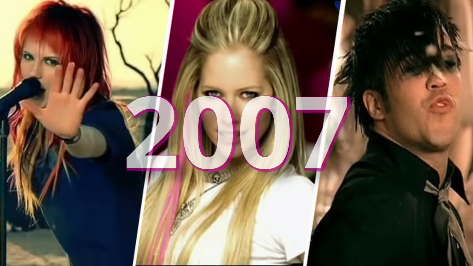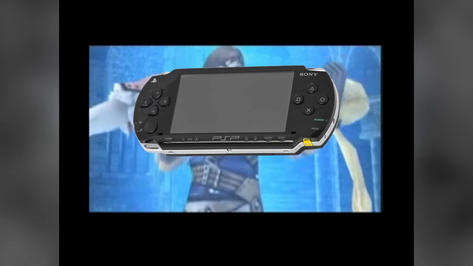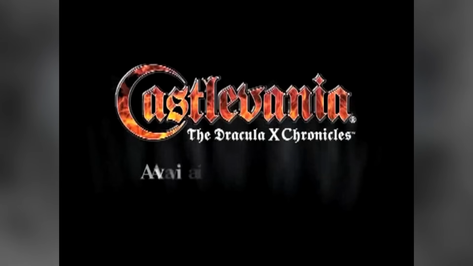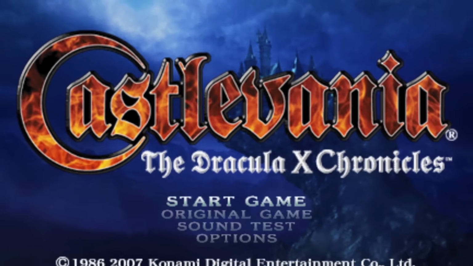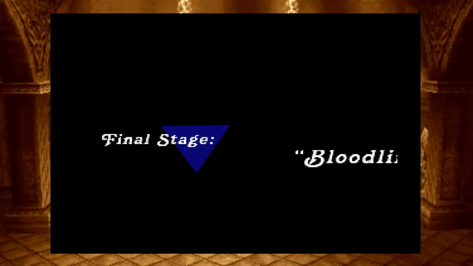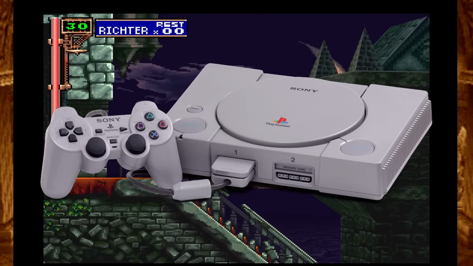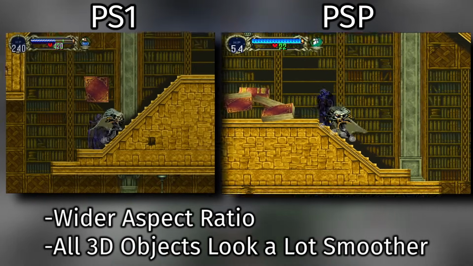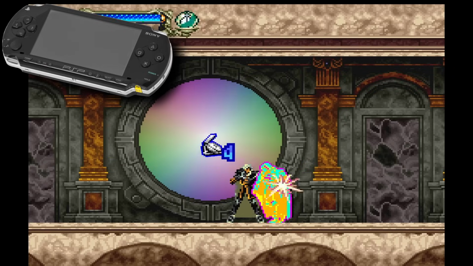See, back in 2007, Konami released a remake of Castlevania Rondo of Blood for the PSP, and called it Dracula X Chronicles. And within the game, you can unlock retro titles that can be played from the main menu, one of which is a re-release of Castlevania Symphony of the Night. This version of SotN, however, has a lot of very strange changes from the original PlayStation release. Things like new graphics, new sound effects,